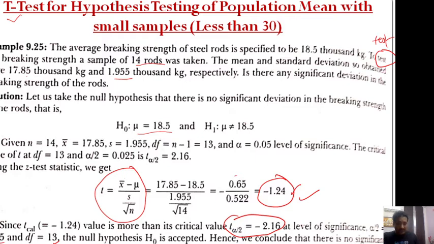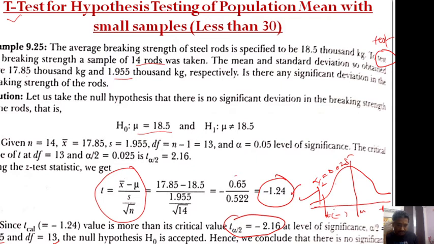Now how do we say whether it is rejected or accepted? Suppose this is your t distribution, though the t distribution is not symmetric like the normal distribution, it is something like skewed. Say this is the mu, here the t value would be negative and here t would be positive. So suppose this is the area alpha by 2, which is 0.025, and suppose this is the t value.